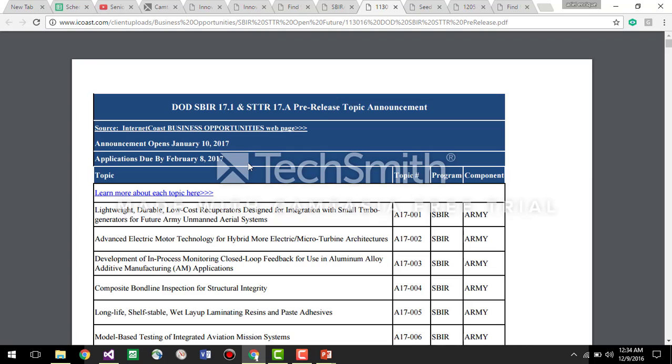The second step will be allowing the clients, I mean the potential applicants to these grants, to search the topics through our website. As you can see right now, this is just a PDF document. This is not even an HTML page. There is no list. There is no search capability. There is no filtering capability.